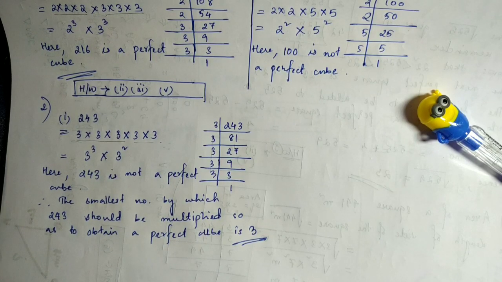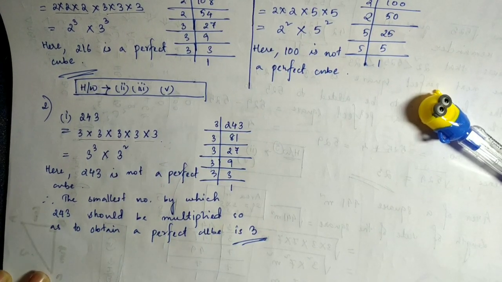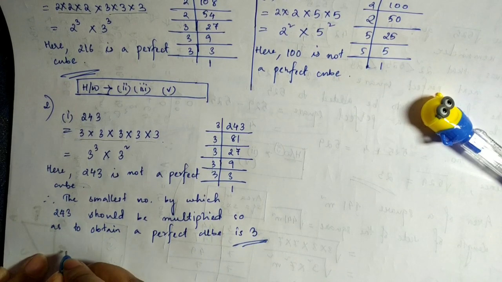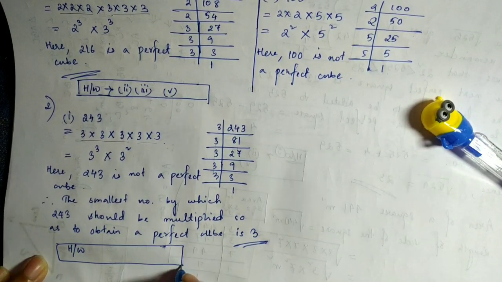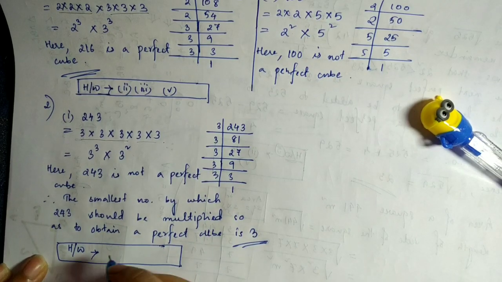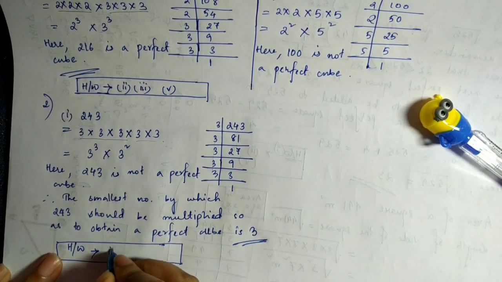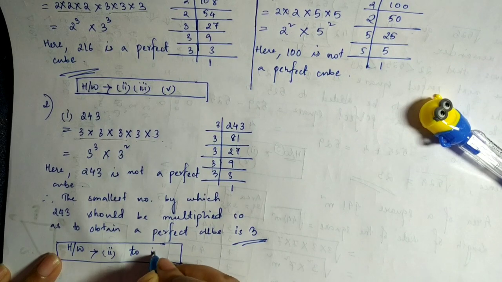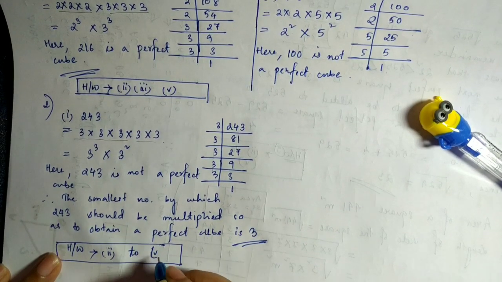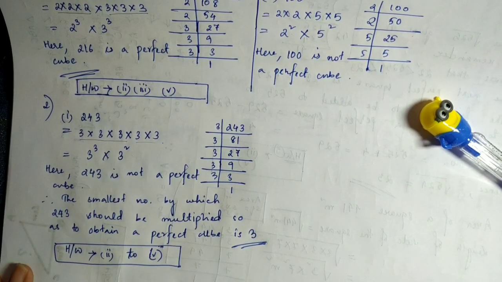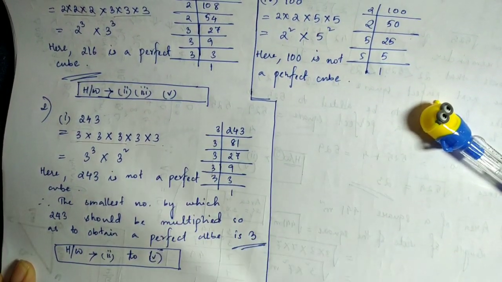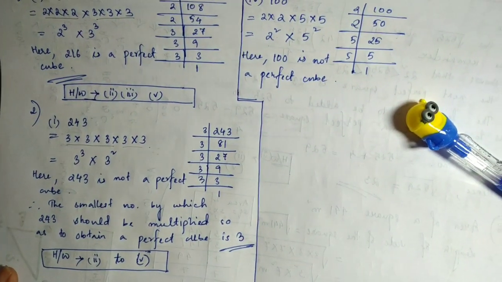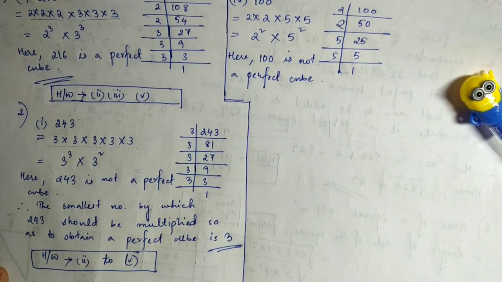Okay, so similarly you can try the remaining sums of question number 2 as homework. It is the same method: you just factorize and find out the number that should be multiplied. So you will try questions 2 to 5, till 5 there are questions. You'll try this as homework. Now I'll show you another one. I'm just using the same space here because there is enough space.